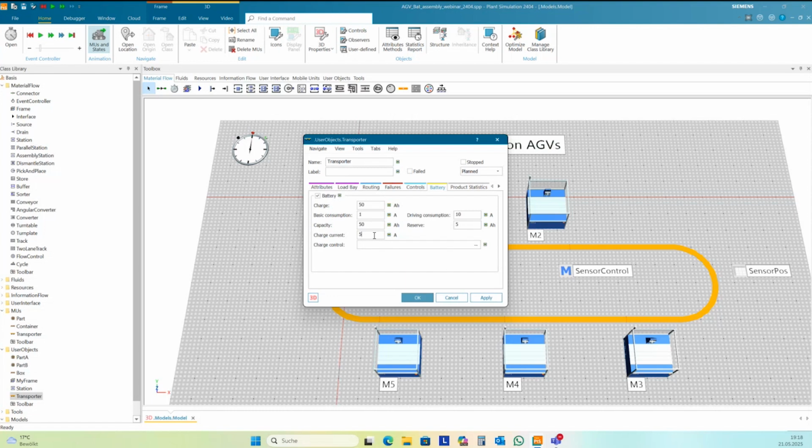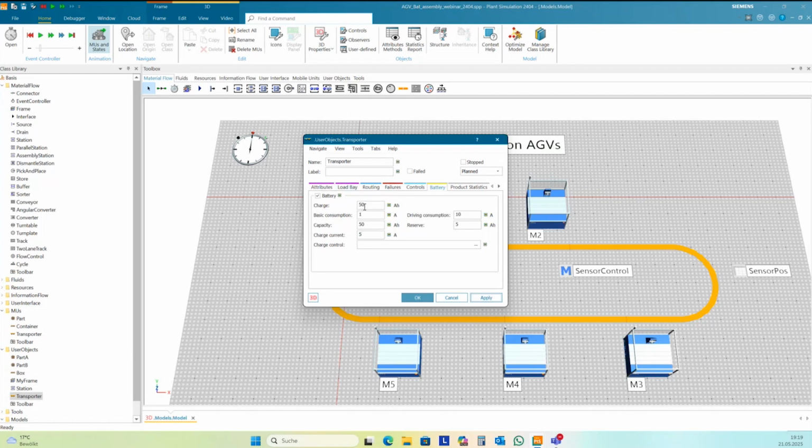If you want to have some curves, then you can create a method to change, for instance, the charge current dynamically to have a certain curve, or you make it depend on the temperature. Then you can change this depending on the temperature you have, and so on. All these values you can set dynamically with SimTalk.